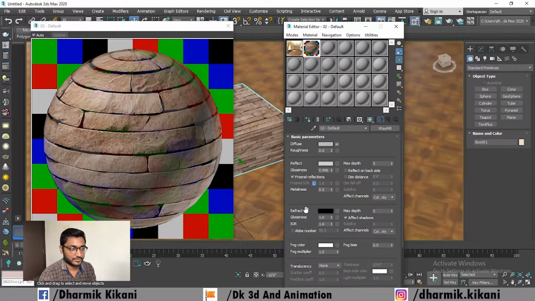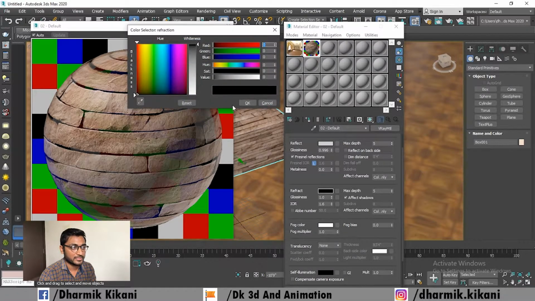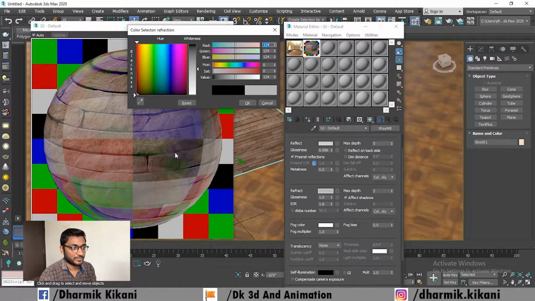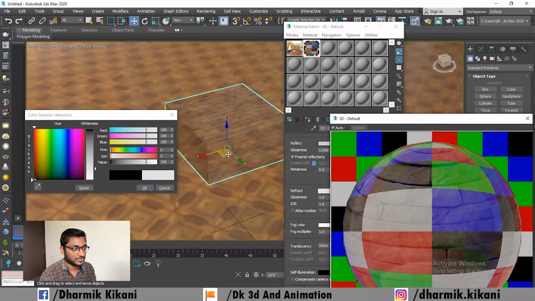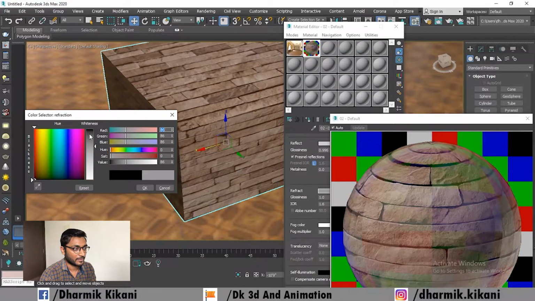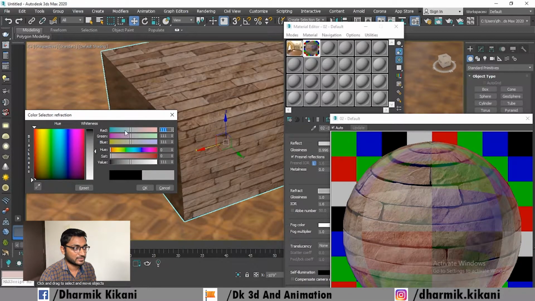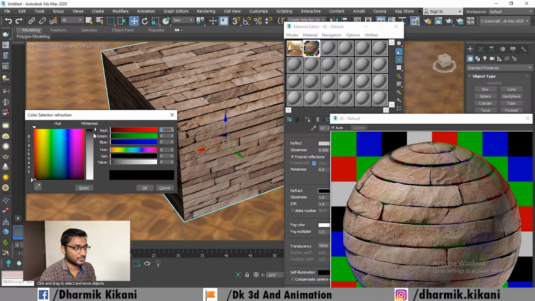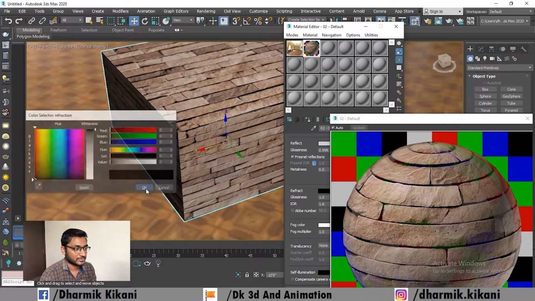Now reflect, this is one type of opacity. When you decrease the value, the object is transparent. You can also see that in our model. You can see the transparency of this object, that the value is 0. You can see that the transparency is 0. But when you decrease the value, you can see that the transparency is increased. So now I stop here.